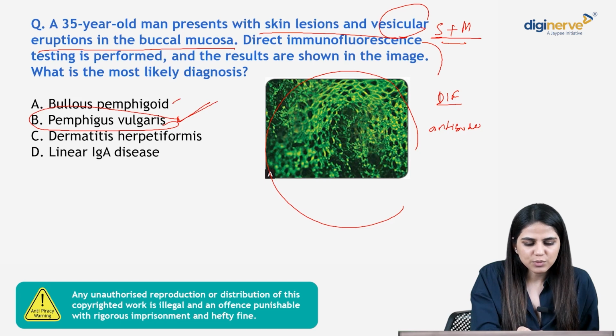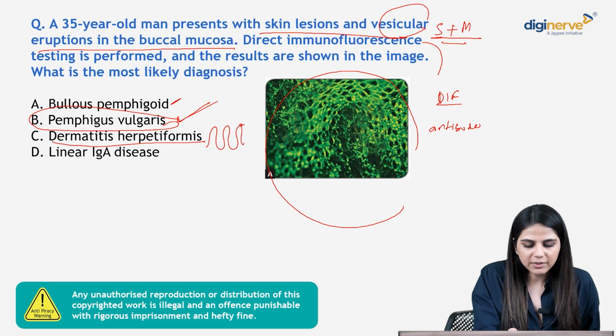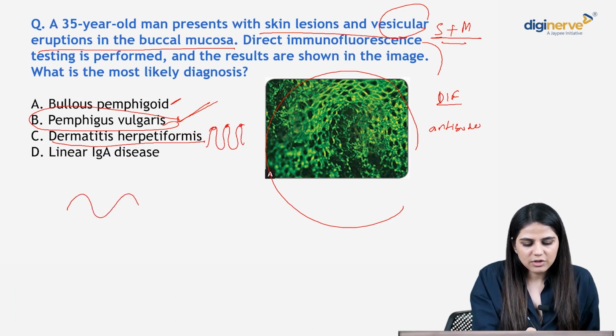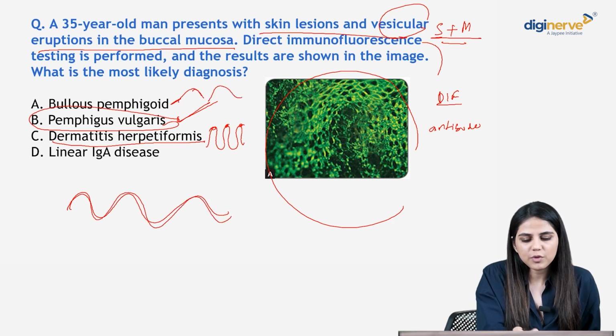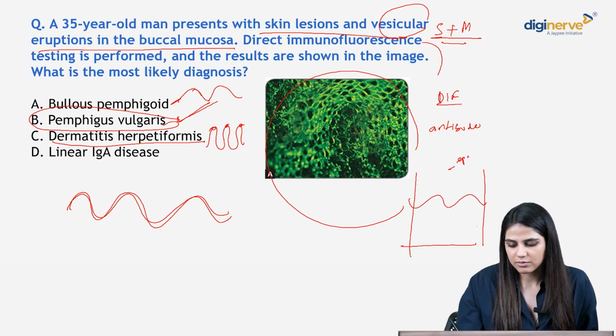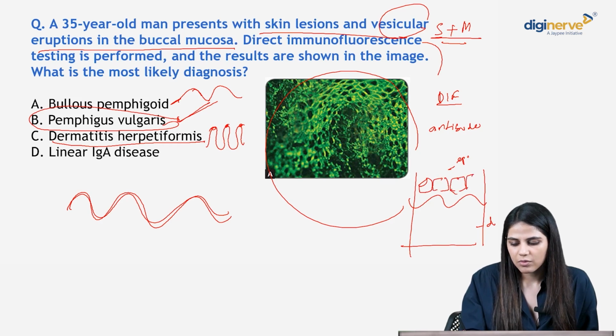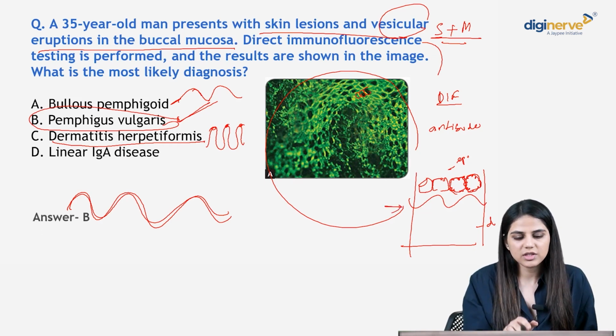Bullous pemphigoid will show bullae. Dermatitis herpetiformis will show papillary tip deposition. Linear IgA will show linear deposits on basement membrane zone. Even bullous pemphigoid will show deposition on the basement membrane zone. Just a quick revision. Epidermis, DEJ and dermis. Alright, so epidermis here has the stratum spinosum, where the cell surface will show positive DIF, which is here. Rest, all the three are on the basement membrane zone. The answer here is pemphigus vulgaris.